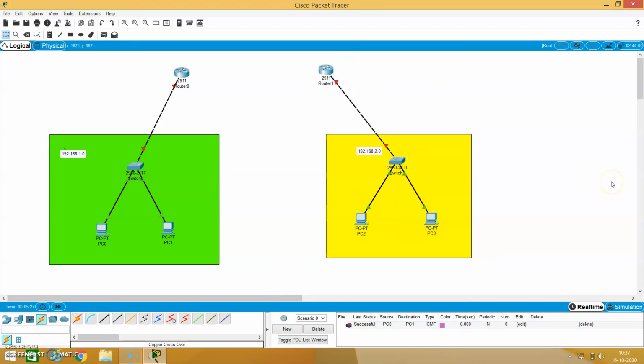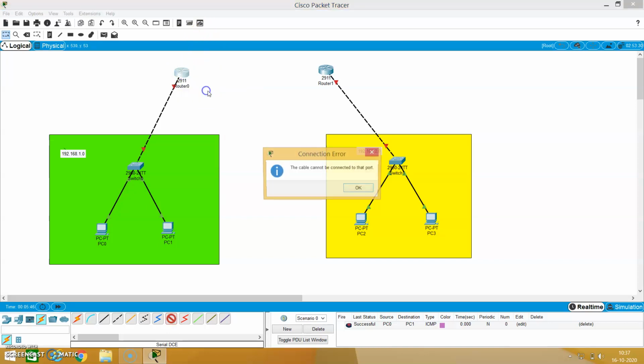Okay. Now if you want to connect these two routers together, we normally use a serial cable. You can see that when you click here, you cannot connect a serial cable to a GigabitEthernet port.